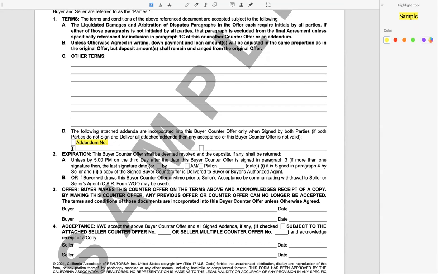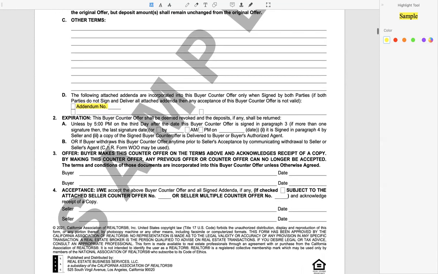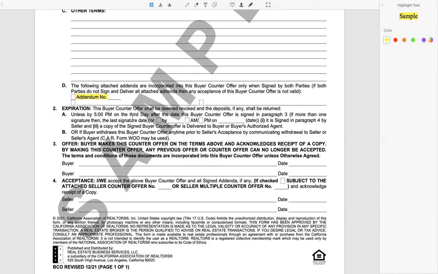So now you need to attach the residential lease after sale. So the RLAS would go there. So we know that that's been incorporated into this counter and made part of the contract. And so here we go down here, expiration. The buyer shall be deemed revoked and the deposits, if any, shall be returned, which we know that doesn't happen, but